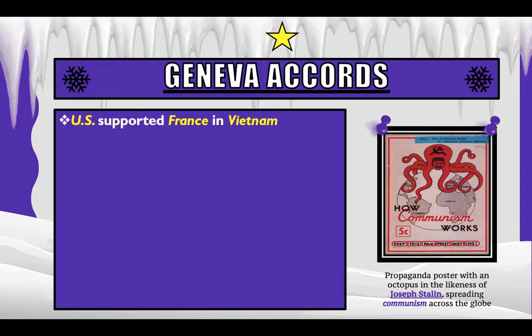So the US obviously is going to support France in Vietnam, in French Indochina. After the French are largely forced out of the region, a meeting is made in Geneva. It's called the Geneva Conference. And largely the reason the US is going to support the French is because of the domino theory. Their argument is the French are a much more stable force to prevent French Indochina from falling to